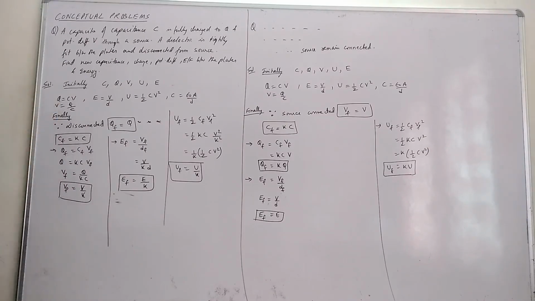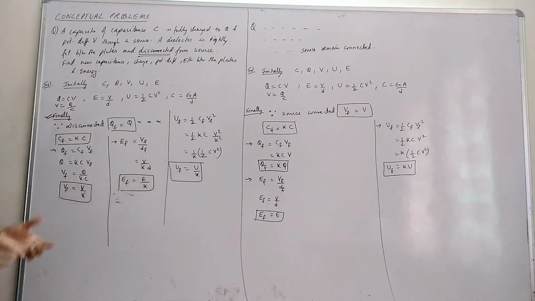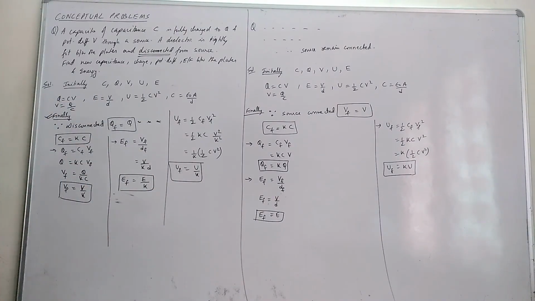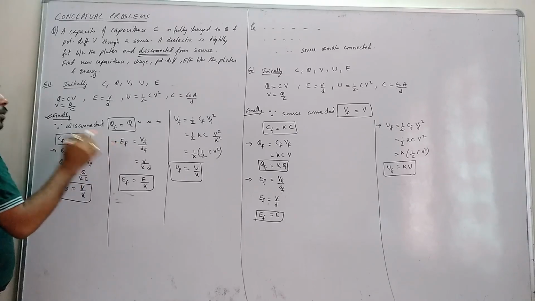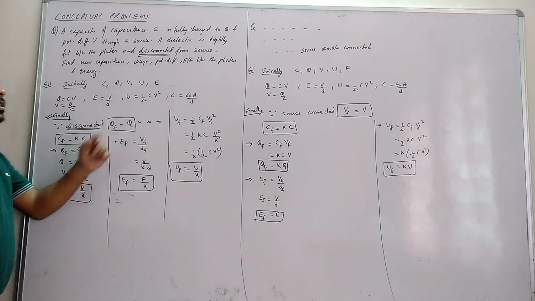Now finally, two things you need to understand. First, since it is disconnected, the charge which was coming to the capacitor was coming from the source, right? And that charge was stored in the capacitor. But the source is disconnected. So whatever we have charged initially, the same charge we have finally. Q final, the final charge, will be equal to the initial charge. Okay, why? Because it is disconnected. Is that okay, class? Clear?